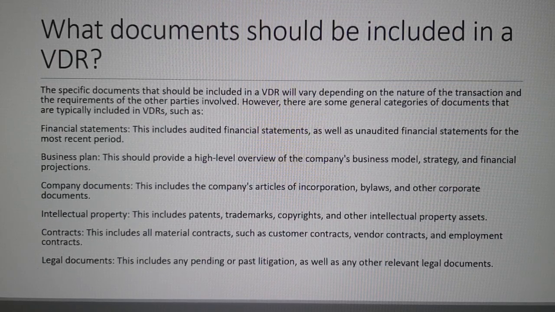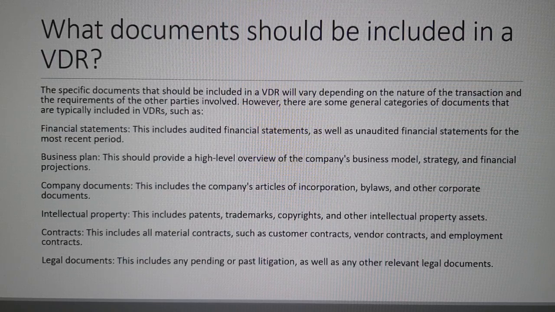This includes audited financial statements as well as unaudited financial statements for the most recent period. Business plan. This should provide a high-level overview of the company's business model, strategy, and financial projections. Company documents. This includes the company's articles of incorporation,